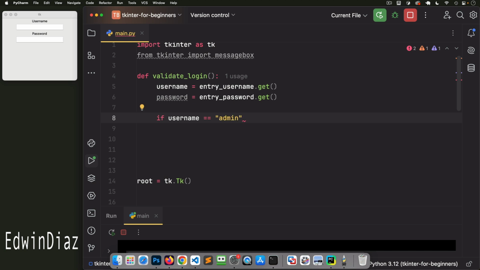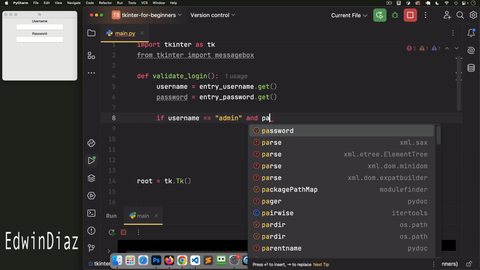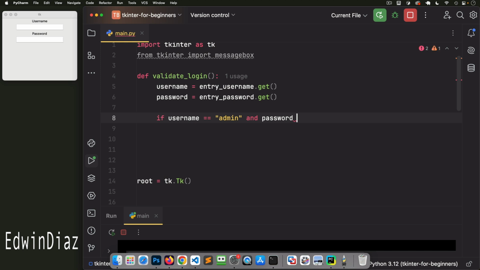whatever we type in there, which is going to be admin in this case, and I can use an operator here with Python. And this is something that is not specific to Python. There are many other programming languages that actually use the AND operator. Some programming languages will use it with ampersand like this. All right, some will use it like this. In Python, we can use it like this, AND. All right. So if the username and password pass the test, which is comparing it to the strings, then what